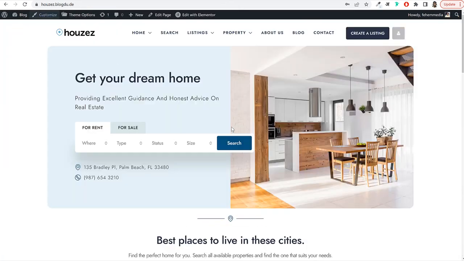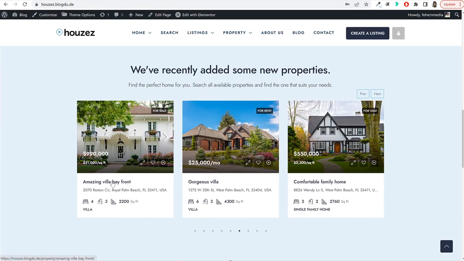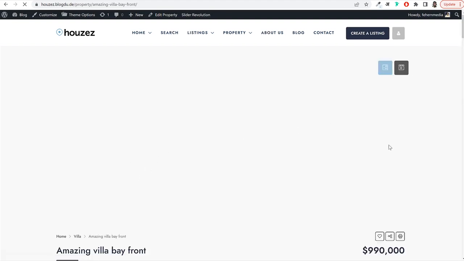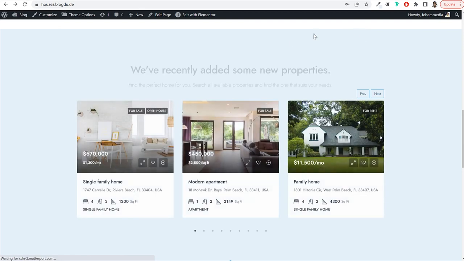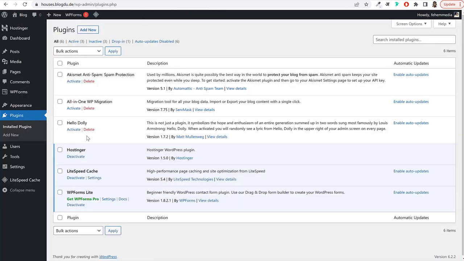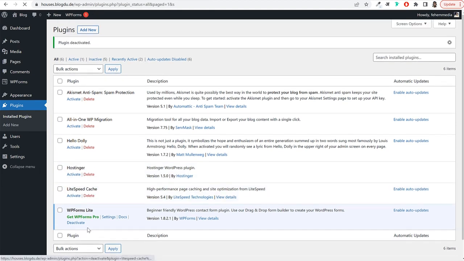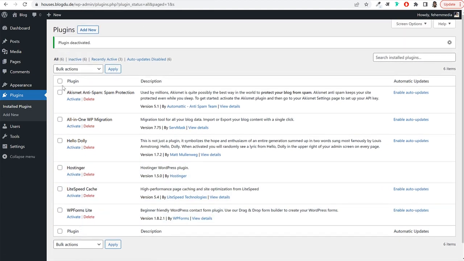We cannot create any properties. We cannot add all these property listings. We cannot accept any payments or anything like that. We cannot create membership plans. So to do that, we'll have to install different plugins. And later on in this video, we'll see how to install those plugins and how to add those features on our website. For now, you can deactivate all these plugins, deactivate all of them, and you can delete all these